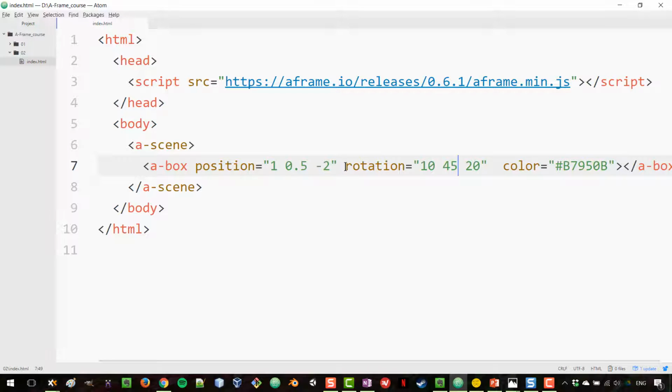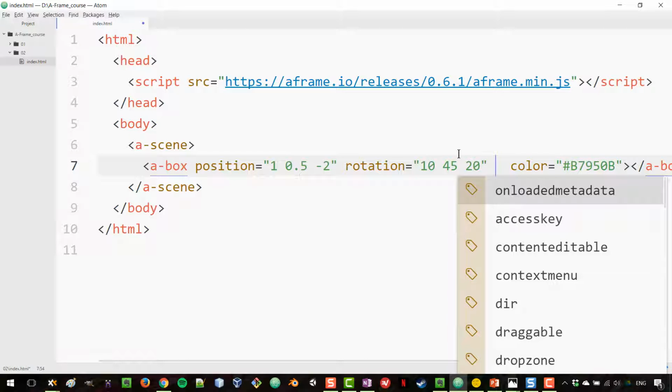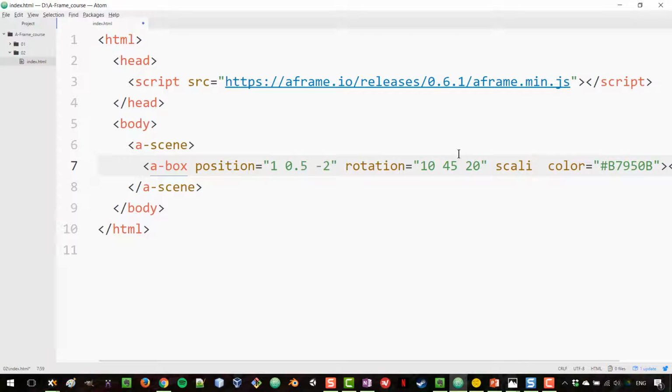So I'm going to keep that rotation there just to leave it so that you can play with that value. But I can go here and change the scale. So let's set the rotation just to 0 so that we don't get distracted by that. So let's say that I want my cube to be twice the size in x, and I want it to be the same size on y, so it's the same height, and it's going to be half the size on